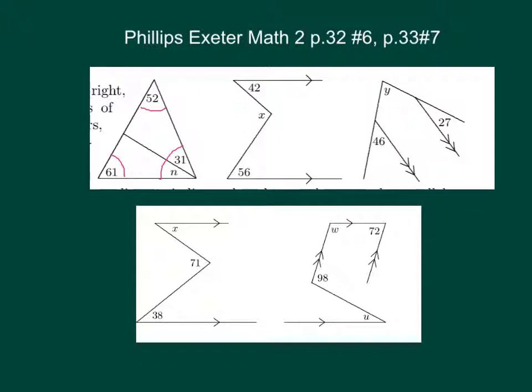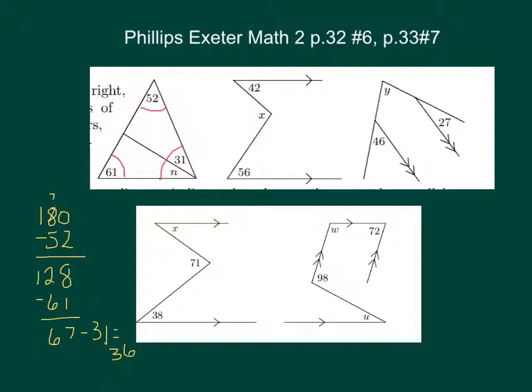Since our triangle adds to 180, we could go 180 minus our 52, and I'll just go right through here since I don't have a calculator. That would be 128, then minus the 61 would give us a 67, and then we could subtract out the 31, and that will give us a